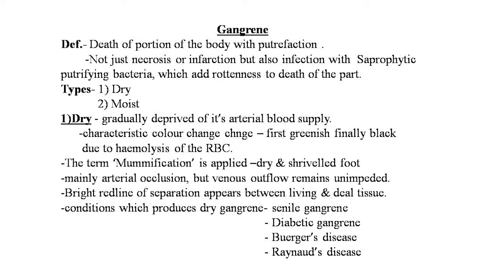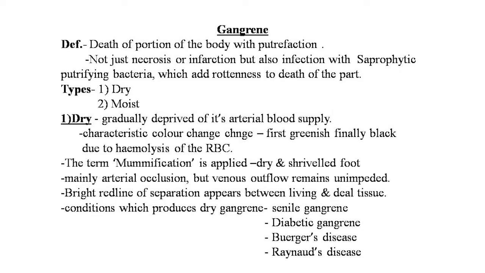Occlusion of the artery is by a chronic process, that is atheroma, with superadded thrombosis, or due to an acute process of embolus or ligation of one of the main arteries. There is a delayed bright red line of separation between the living and the dead tissues. This line indicates a process of inflammation due to the contact of the dead with still living tissues. There is a dilatation of vessels and an exudation of leukocytes.